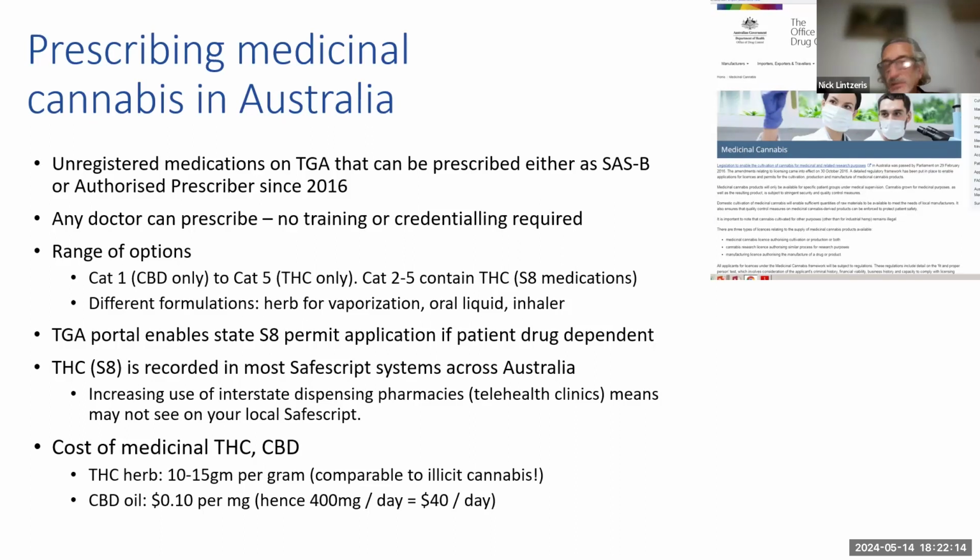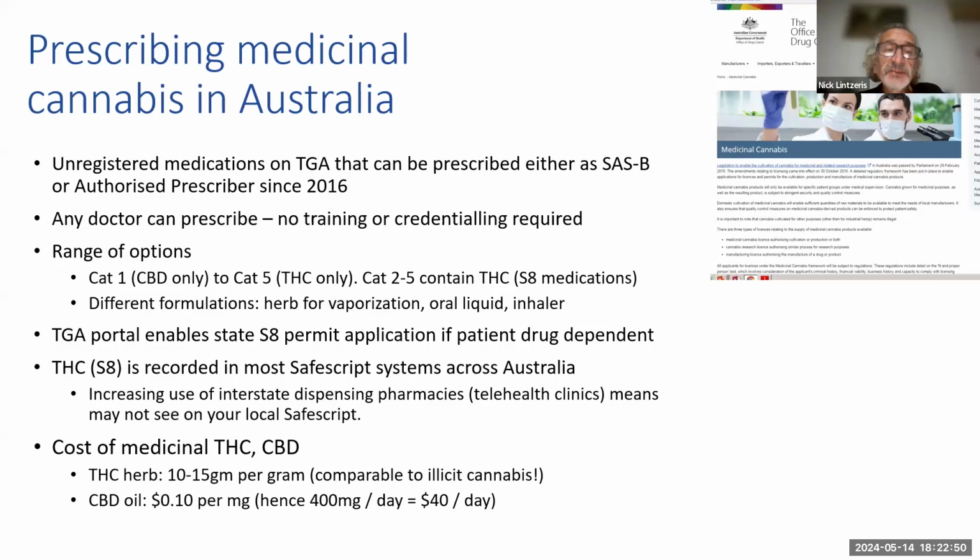If you're familiar with New South Wales legislation, if a patient is drug dependent and you want to prescribe an S8 drug, such as THC or opioids or amphetamines, you need a permit to prescribe that drug, even if it's for another indication, even if you're not treating drug dependence. So if you wanted to treat chronic pain with THC and the patient, say, was on a methadone program, you would have to apply for an S8